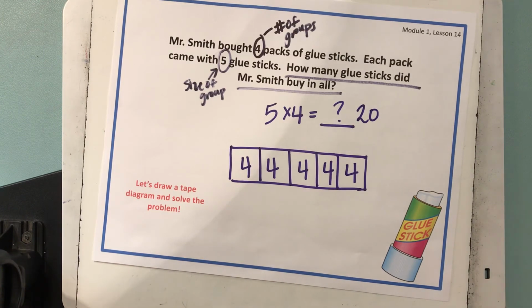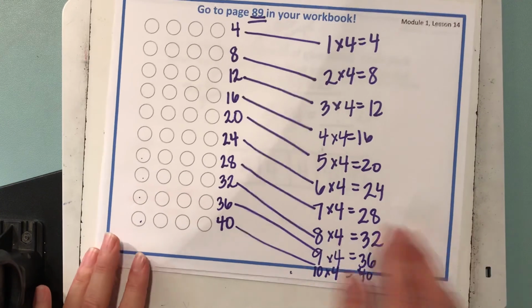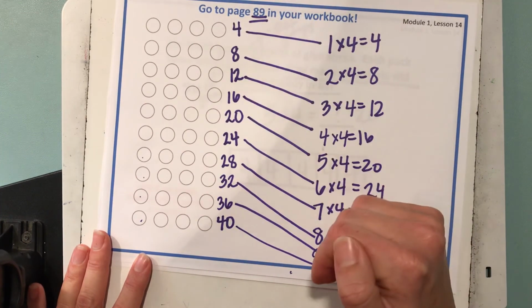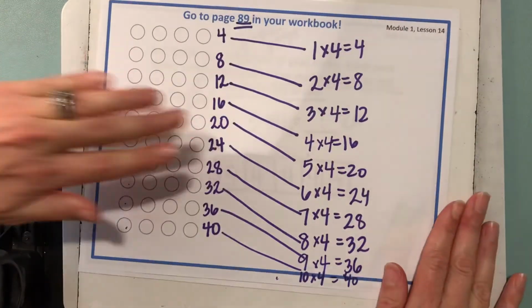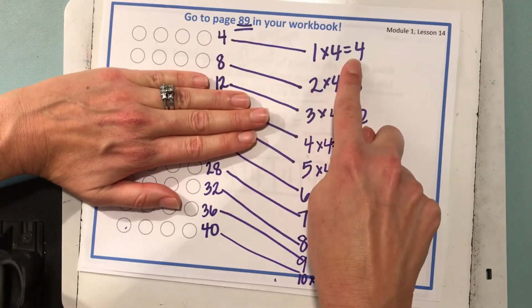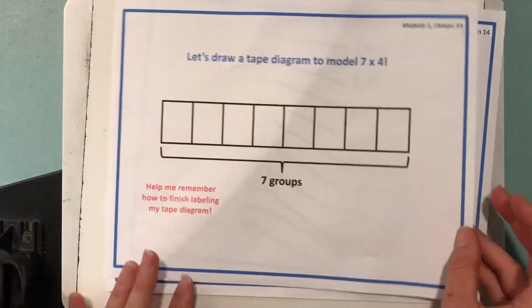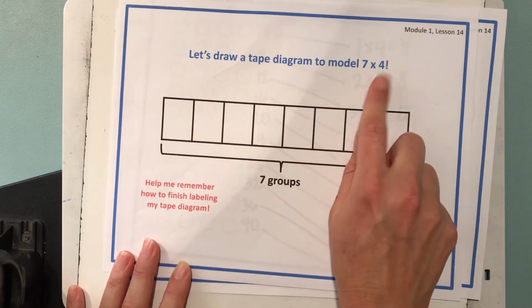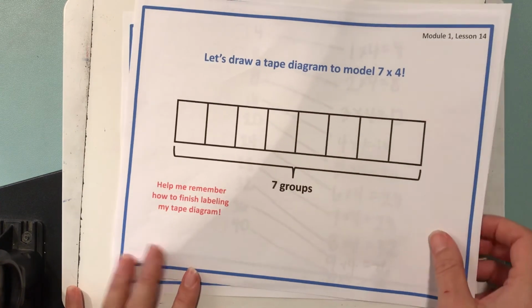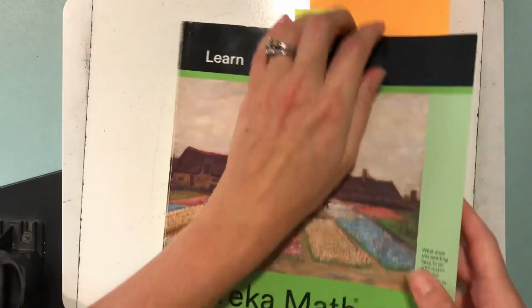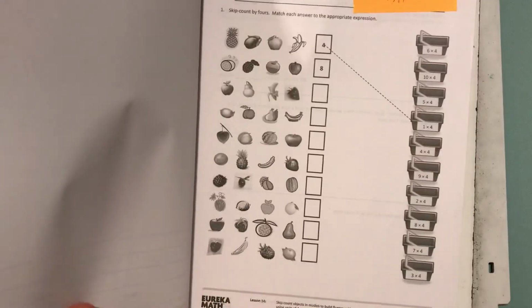All right, so I just want to refresh you guys. Today, with an array, we learned how we can use an array to help us skip count. And this array relates to a multiplication sentence, okay? We also used a tape diagram in order to illustrate multiplication and to skip count to find the answer. So for your independent work today, you are going to do page 85,